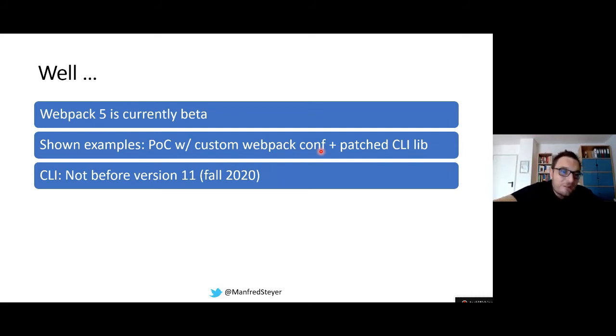And here we might be lucky. I cannot promise it, but we might be lucky, because the next time window for the next CLI version is late fall 2020. In the last years, it was late November or early December. And then we will have version 11, and hopefully they will incorporate Webpack 5 into version 11. If time permits, they will do it for sure, because this is how the Angular team is working.